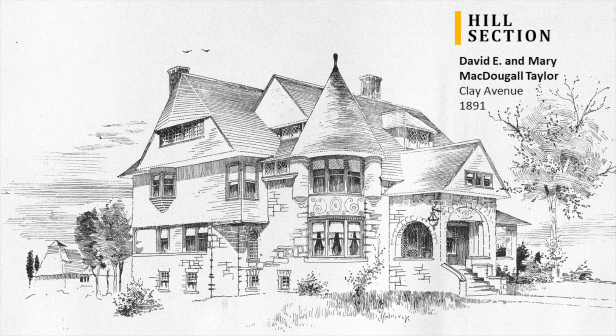We're very lucky that this house was not lost. This is the David and Mary Taylor house. This is located on Clay Avenue in the Hill, and it really is just a stunning home. You can see here that there are a lot of these design elements we're now familiar with in Dietrich's work that